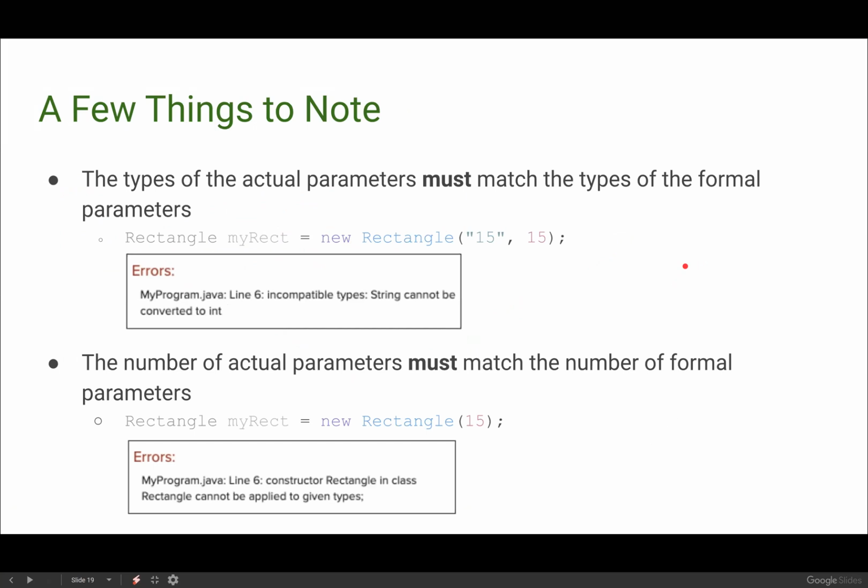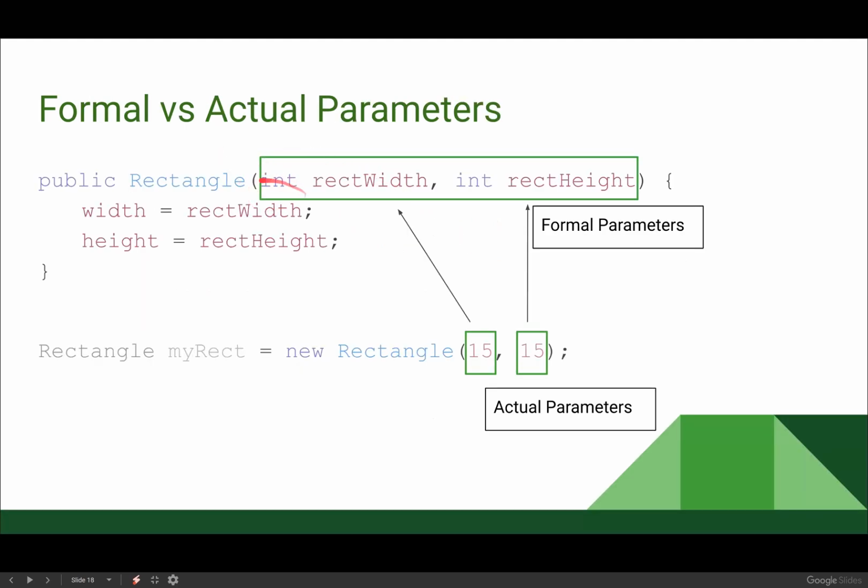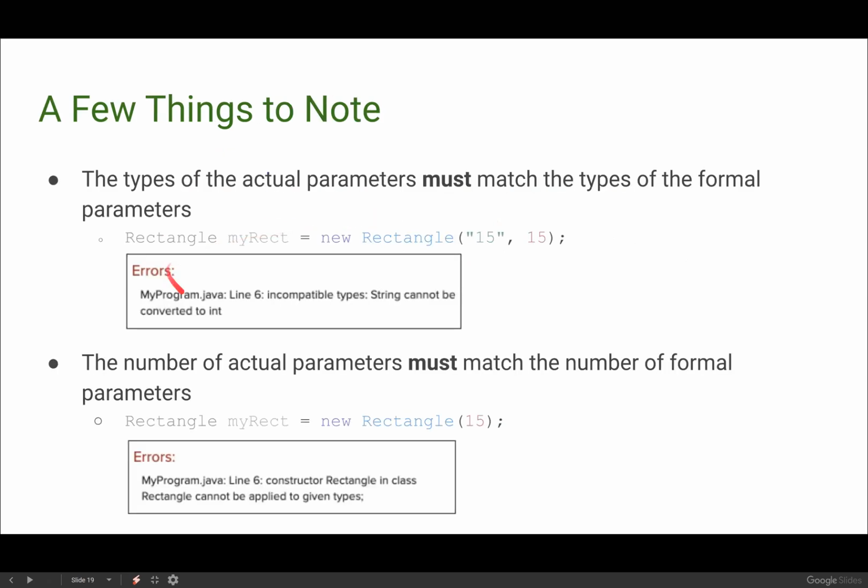So a few things to be aware of. First, the types of the actual parameters need to match the types of your formal parameters. So I can't make a rectangle and try to pass a string because I'm not allowed to put a string in an int typed box. Just like in a regular variable assignment, you're not allowed to assign a value of a different type than what we declared. So we'll get that incompatible types error